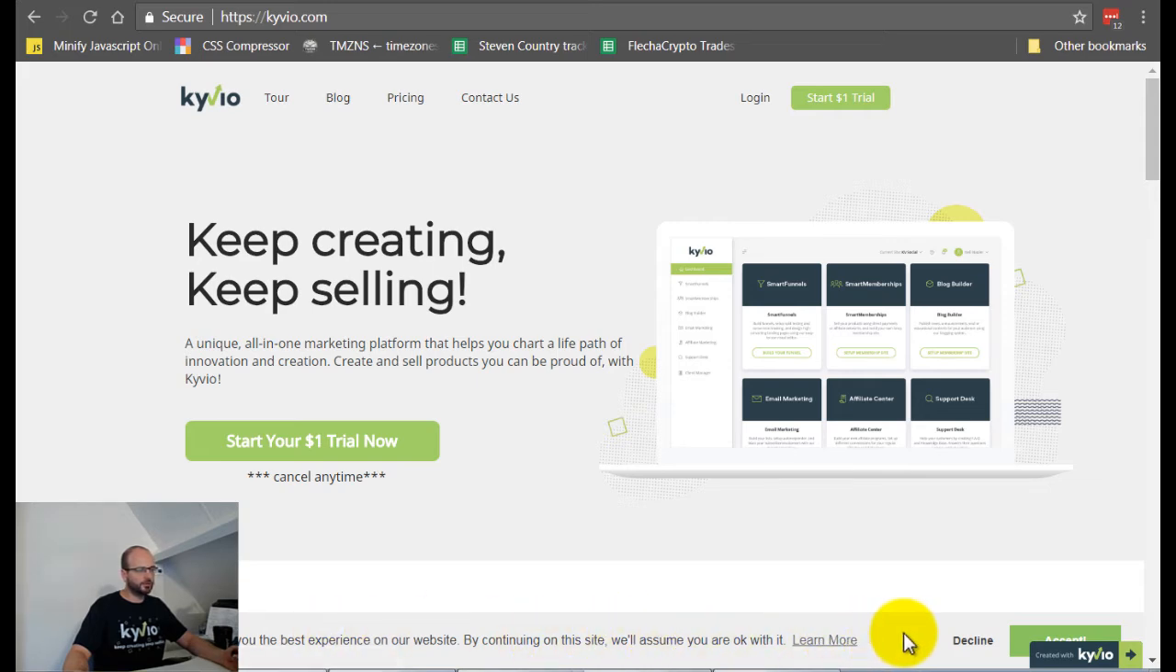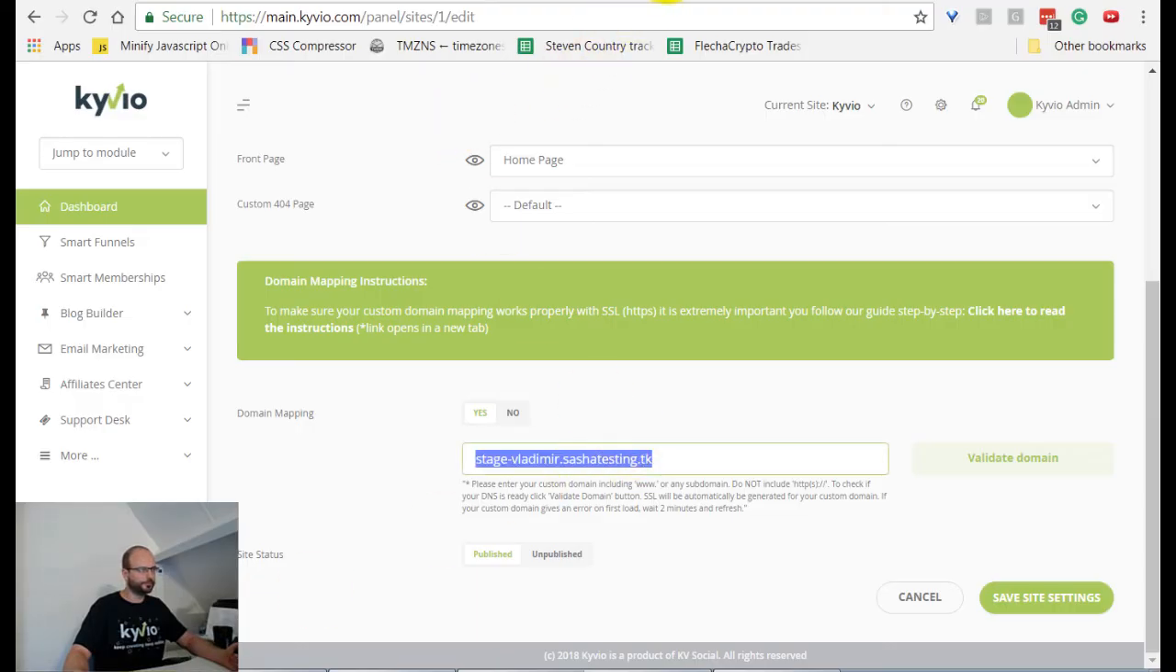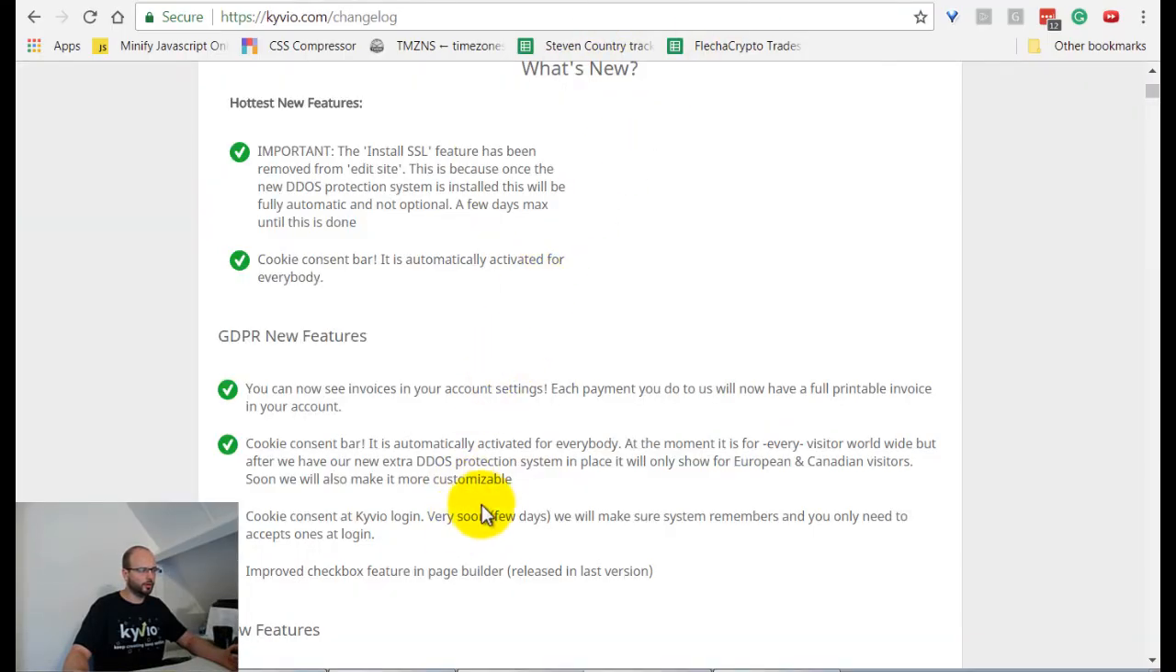Every site on the Kyvio platform will get this bar right now. What we are doing is, once that DDoS protection system I've been talking about is in place, it will only start showing for European and Canadian visitors. And then in the next sprint, in about 2.5 weeks from now,